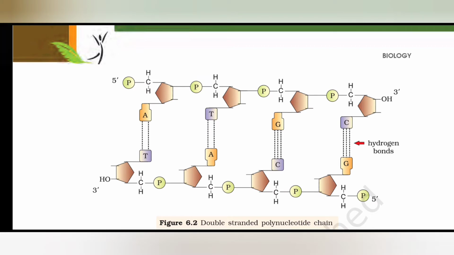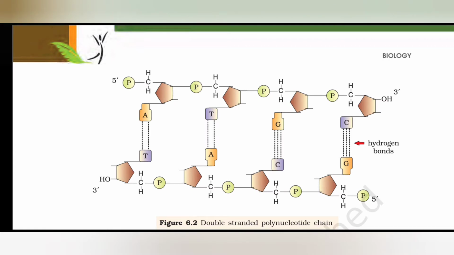So the nitrogen bases may be A, T, G, C. But if you compare the other nitrogen bases which are attached to them, they are showing complementary base pairing. You can see A is always paired with T only, and that is vice versa. A with T and T with A. Likewise, G with C and C with G.